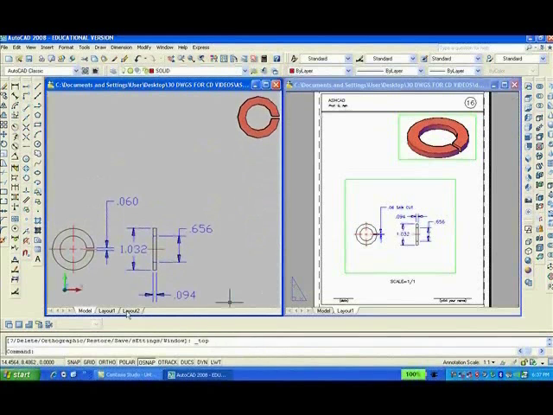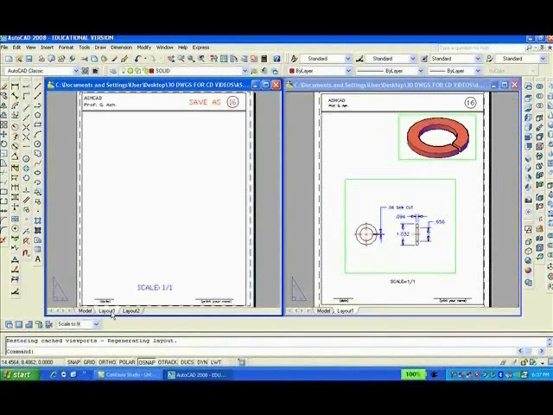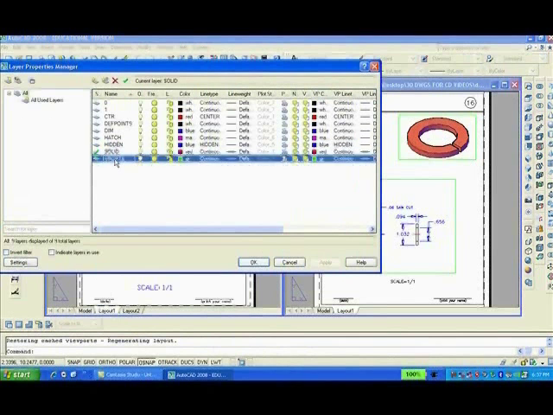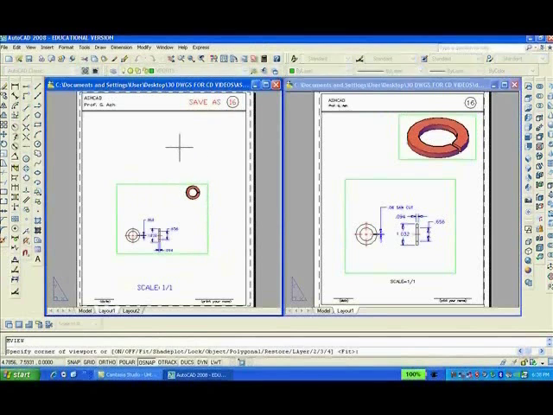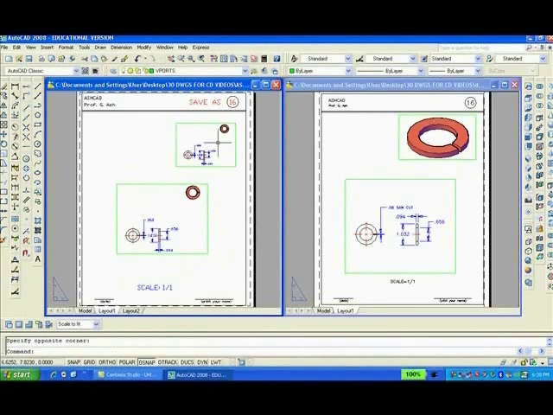switch to paper space, change layer, viewports, current, MV, enter, and then we can do it again, double click, southeast isometric, pan and zoom,